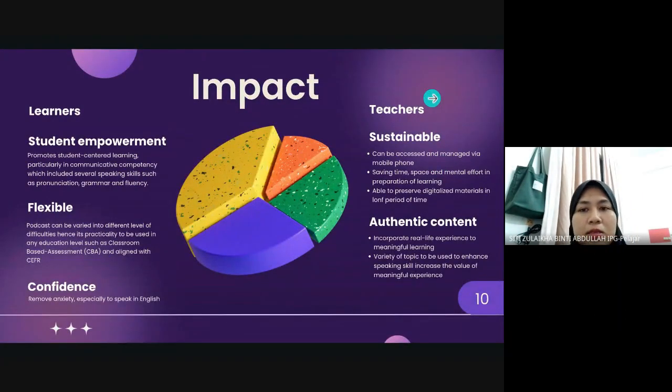Okay, next is the impact. The impact from our innovation project is also divided into two, which are the learners and the teachers. So for the learners part, one of our plus points for our innovation project is student empowerment, where our innovation project promotes student-centered learning, particularly in communicative competency, which includes several speaking skills such as pronunciation, grammar, and fluency. Just like I told you before, this is because the students will learn on their own, and this is basically